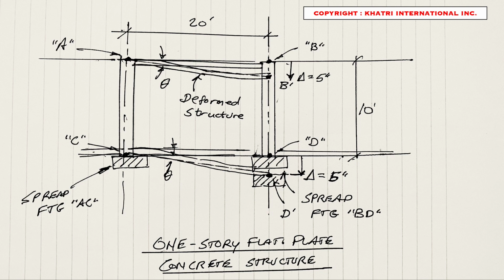And here is my diagram sketch showing, for a one-story building, just so that we can understand what displacement will do to a one-story structure. You can see the points as I've labeled them, A, B, C, and D. If the column on the right, which is the column BD, deflects, in my sketch here I've put it at 5 inches on a 20-foot span, then that will cause the deformed structure as you see it with my sketch,